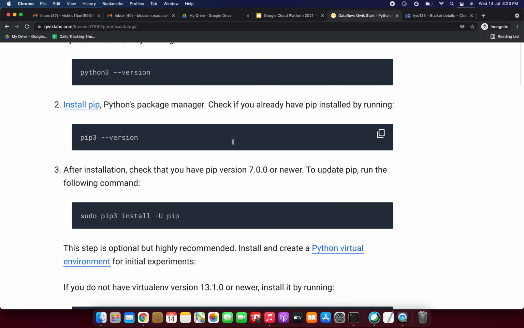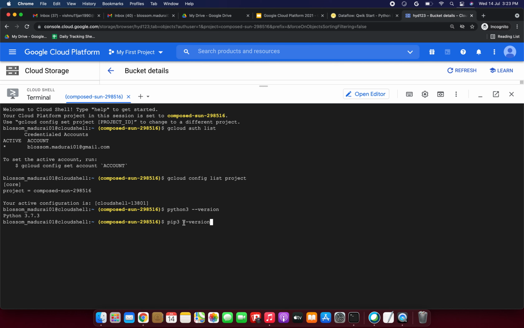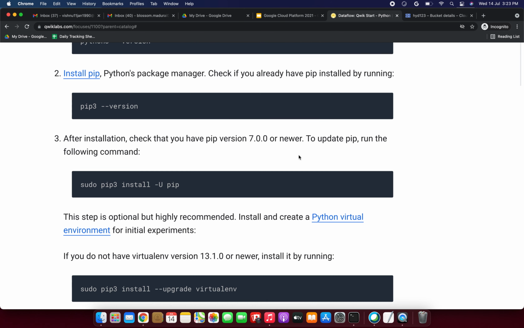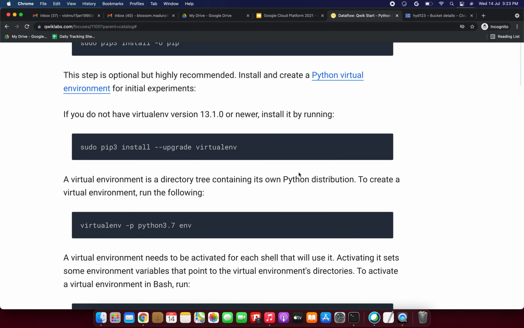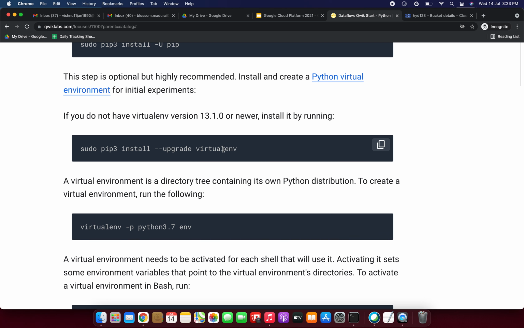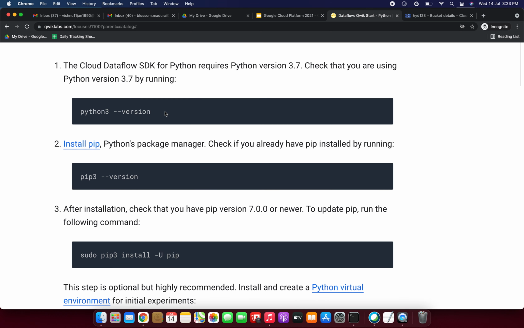Now the next command is to install pip, Python's package manager. Check if you already have pip installed by running pip3 --version. We need to check whether it has been installed or not. Yes, it shows pip 18.1 from the user lib python3.7. Fine.